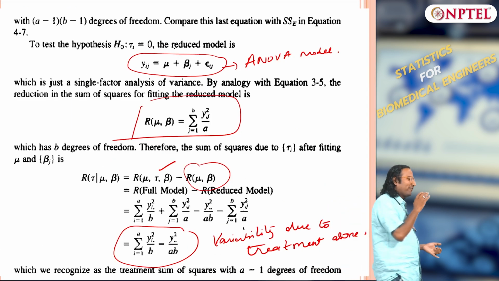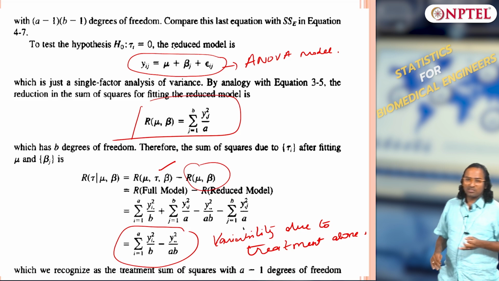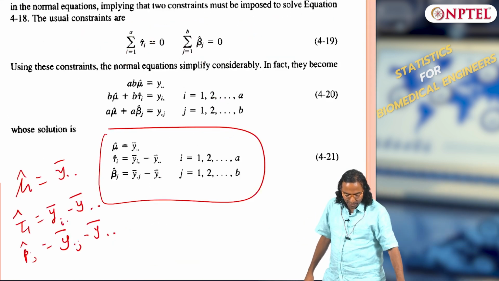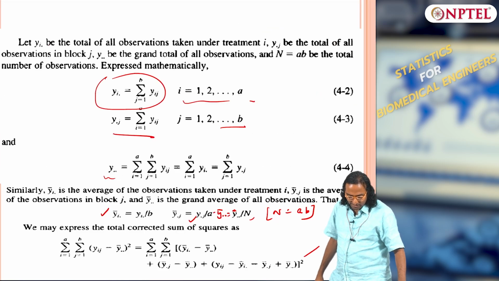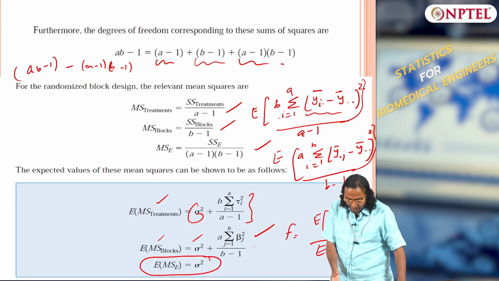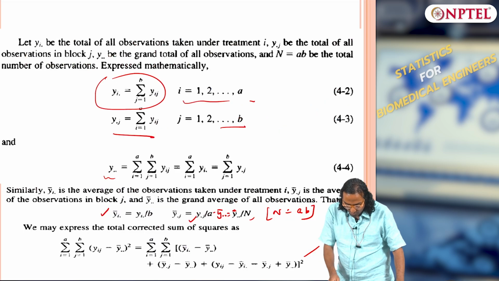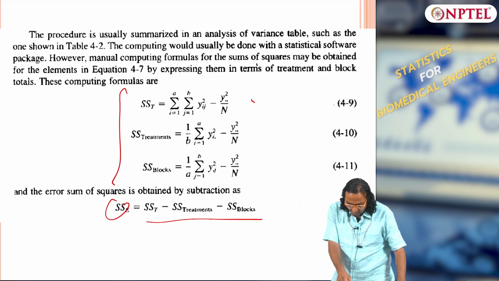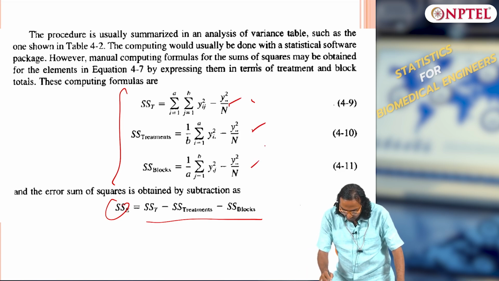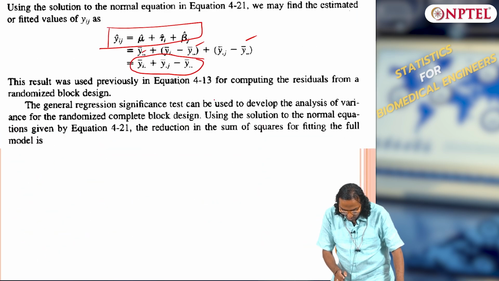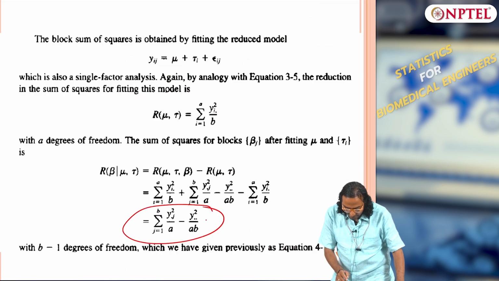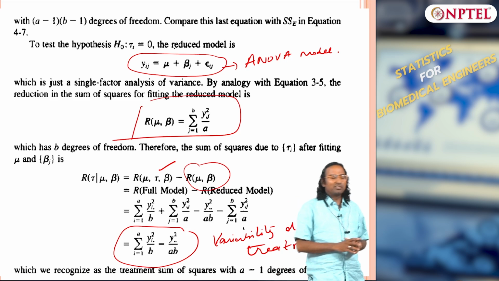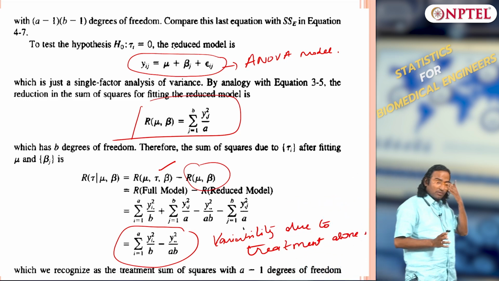So that way you have the effect of treatment separately, you have the effect of blocks separately, and you have the overall equations. All three are derived here, and these are the equations I have given as something to remember, but you do not need to remember them. Look at this: sum square treatment, sum square block, sum square error. Now I have given how to calculate those as well. How do I get this? We have derived everything here. So nothing is untouched. So this is RCBD.